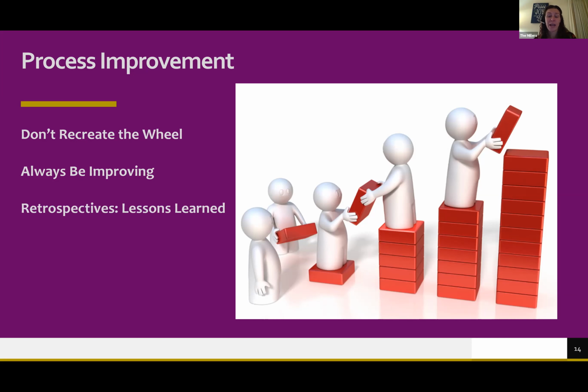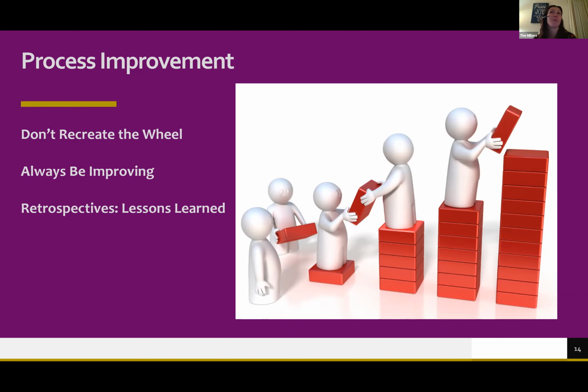The way to ask for that feedback, and the way that we do it in project management, is we do retrospectives. So these are really just an opportunity to talk about lessons learned. I like to do retros at the end of each phase of my project. If my project is longer than 6 months, I'll break it up into phases. But I encourage you to do retros after every event. And then at the end of a semester, you should, as a full chapter, take time to do an exercise called start, stop, continue.